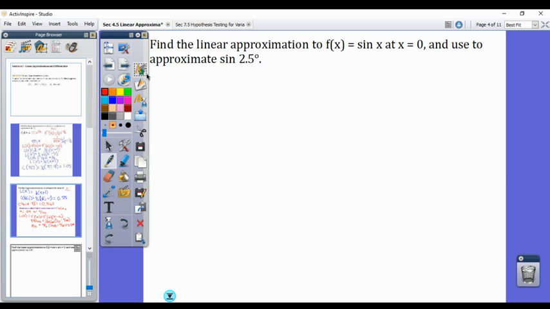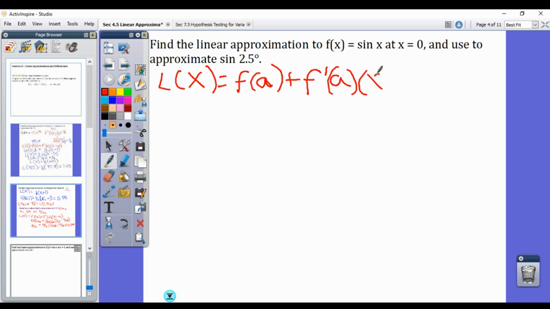Okay, so first, you know me, I like to write down my formula. So okay, the first thing that I need is